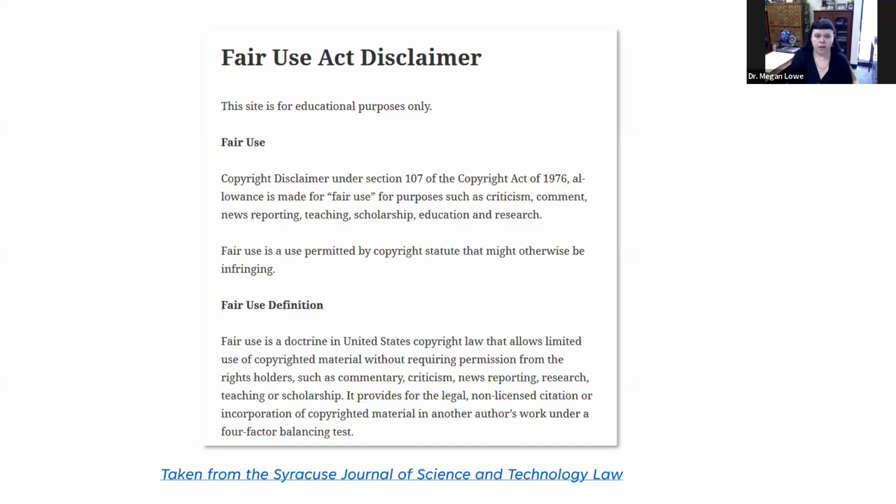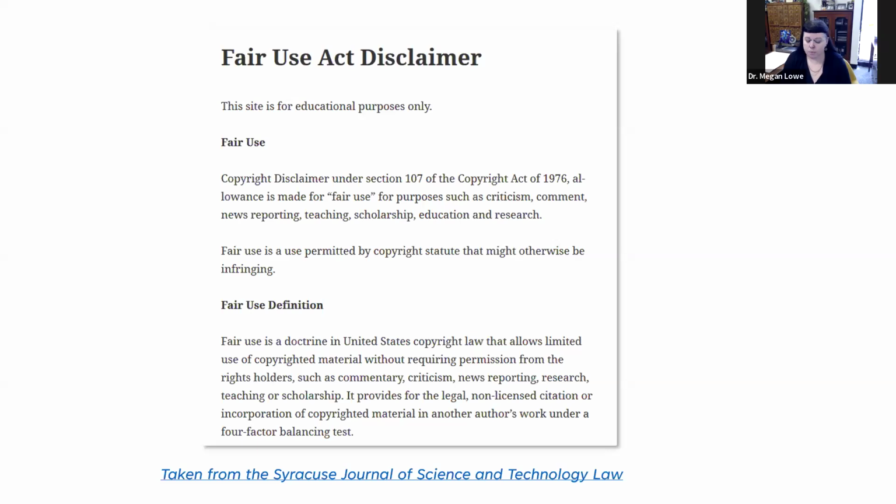The site is for educational purposes only. It defines fair use. Copyright disclaimer under Section 107 of the Copyright Act of 1976, allowance made is for fair use for purposes such as criticism, comment, news reporting, teaching, scholarship, education, and research.